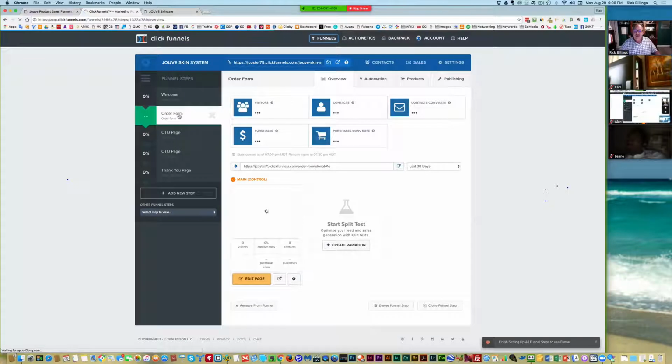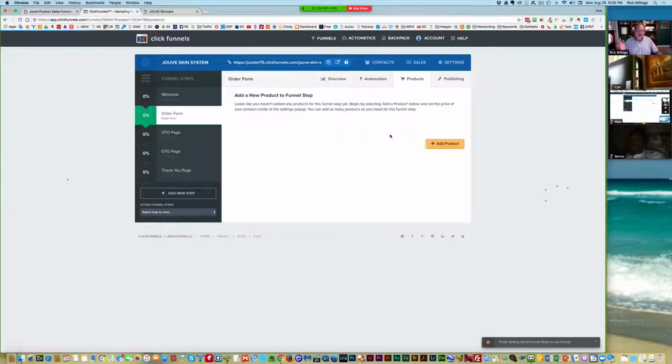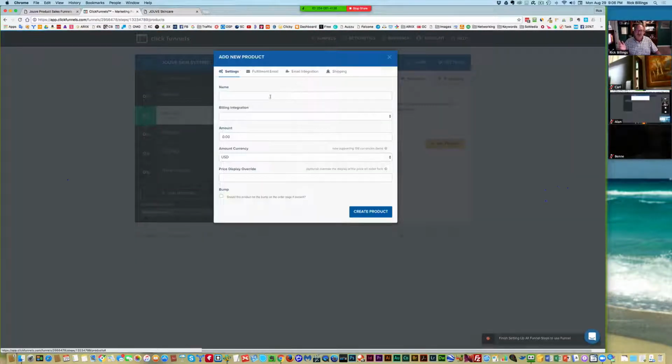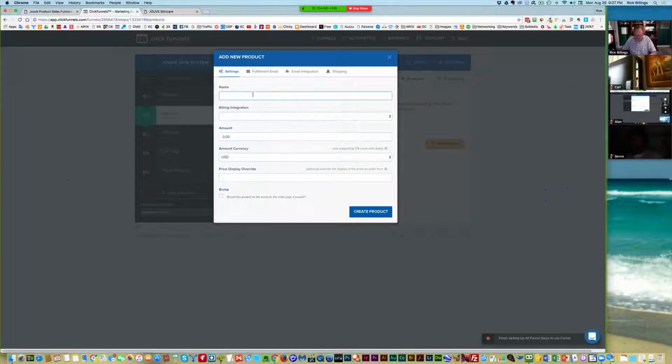Now on this page, there are 2 products we're going to sell. See the products right here? You have to have your Stripe account set up first, and now we can add 2 products. What are we selling? When they come in, we're selling 2 products. We open it up, we're selling a Jove,